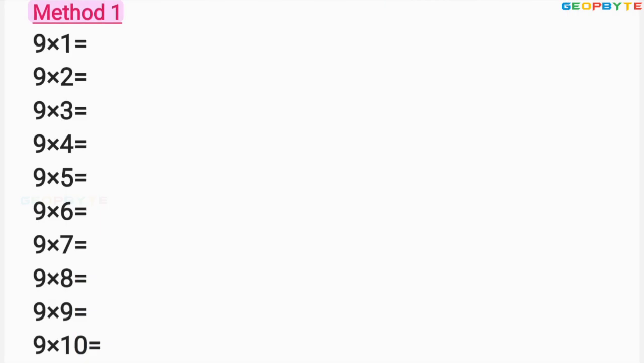Now let us discuss the simple trick for table 9. There are two methods for constructing table 9 in the easiest manner. The first method is like this. First you take a column.